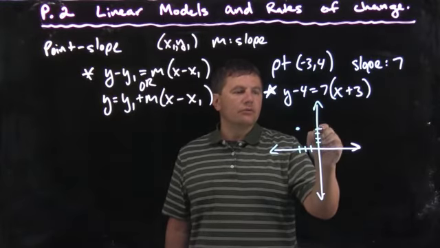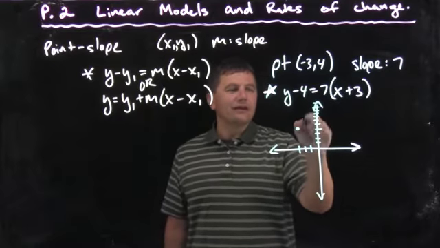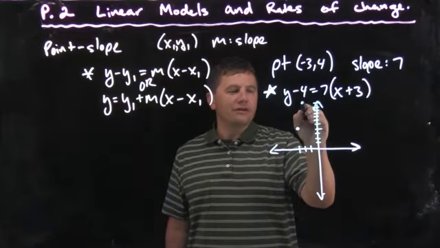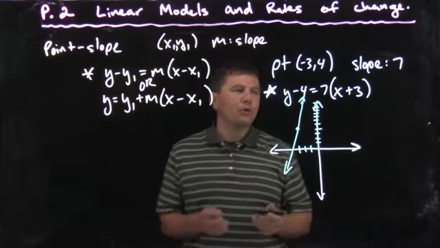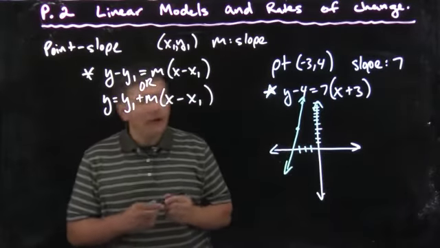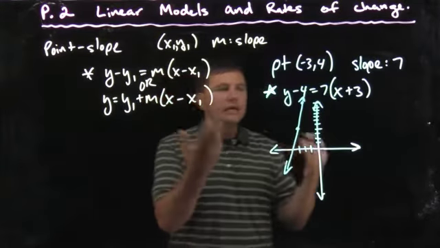11. 1, 2, 3, 4, 5, 6, 7, 8, 9, 10, 11. Okay, so rise 7, run 1. So we get a graph that looks something like that. All right. Now, if we didn't want to change this to slope-intercept, if they specifically asked for it, there's two